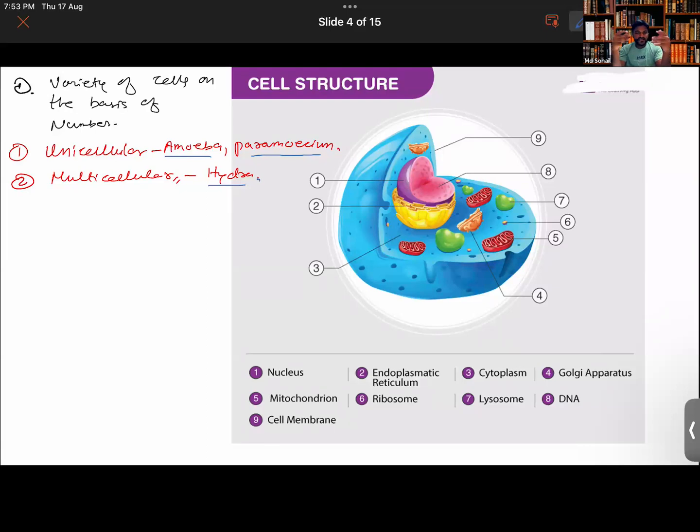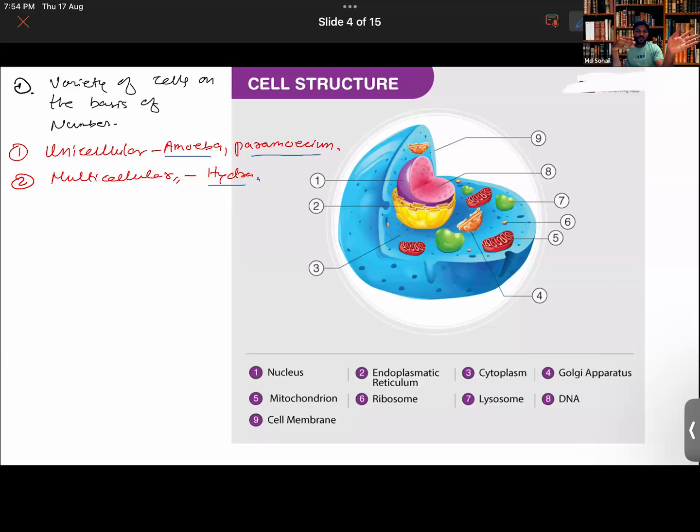So the fertilized egg which you see is a single cell now. The sperm fertilizes the ovum and a single cell is formed, the zygote, right? So eventually it multiplies and more cells develop. Now you see, if you were to look at the unicellular organisms, in fact, they are